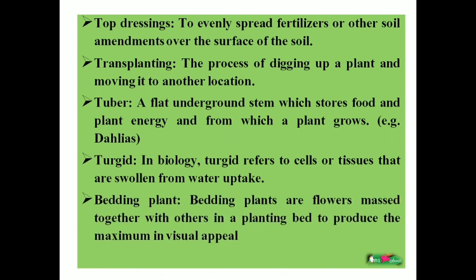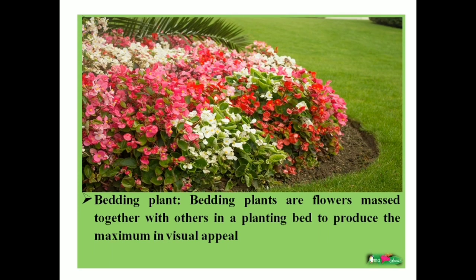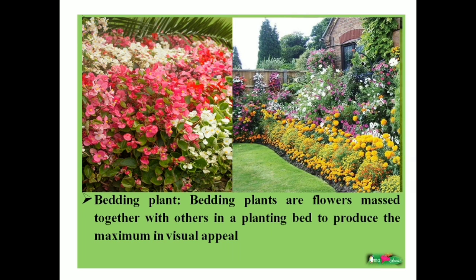Then bedding. In horticulture, it is the temporary planting of fast growing plants into flower beds to create colorful temporary seasonal displays in any season. The plants mostly used for bedding are generally annuals, biennials, or tender perennials. It's a set of plants in the garden bed or container which looks beautiful and blooms. So we can say it is a bedding plant.